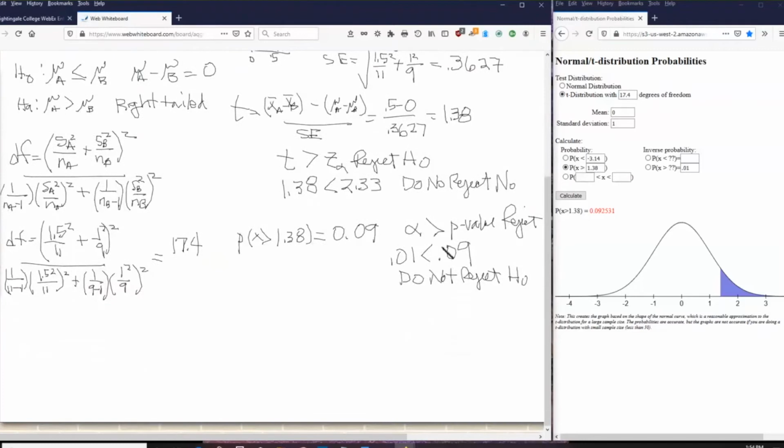Okay, now let's take a look at Cohen's standard for small, medium, and large effect sizes. So the Cohen's d is a measure of the effect size based on differences between two means and measures the relative